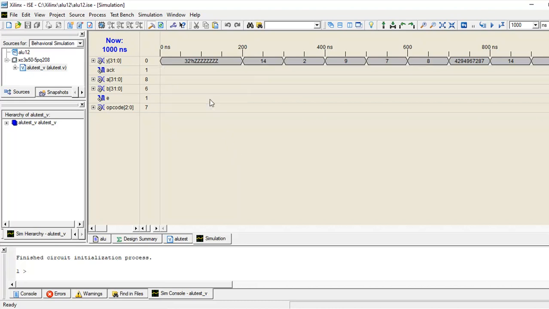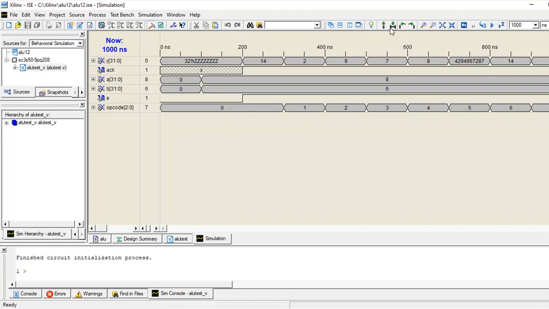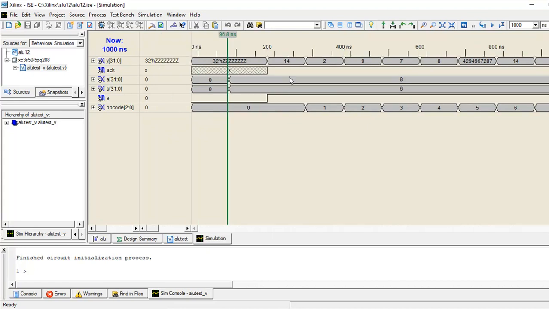If enable is 0, we'll choose the marker. If I choose enable 0, output is Y. I am giving input as 8.